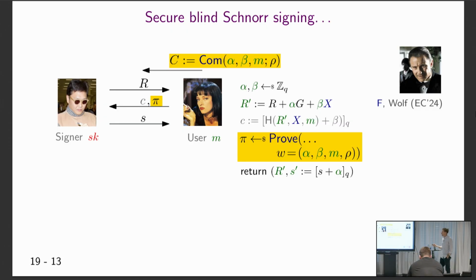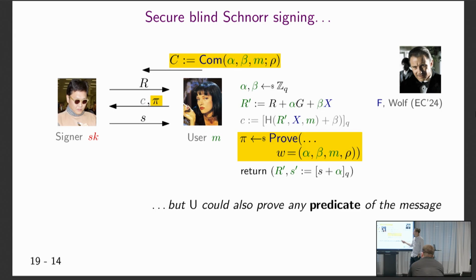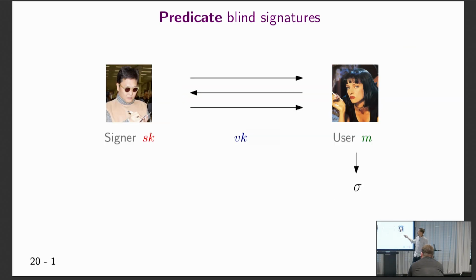Last thing, when looking at this protocol, we realized that the user needs to prove some statement involving the message that she wants a signature on. So what she could actually do is prove any predicate of the message as well. And that led to a cryptographic primitive that surprisingly had not been considered before, which we call predicate blind signatures, which kind of makes